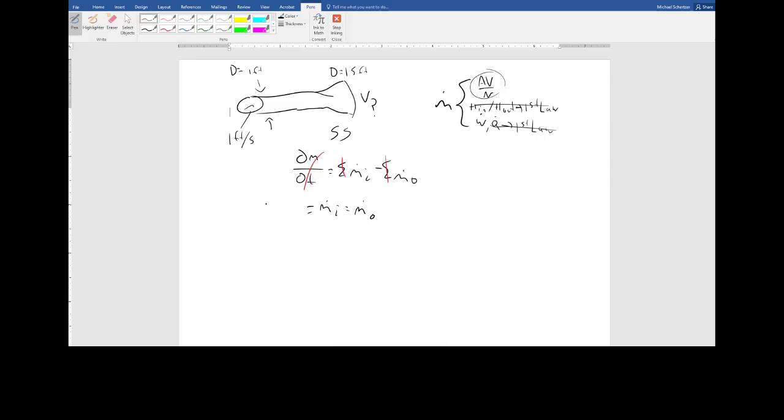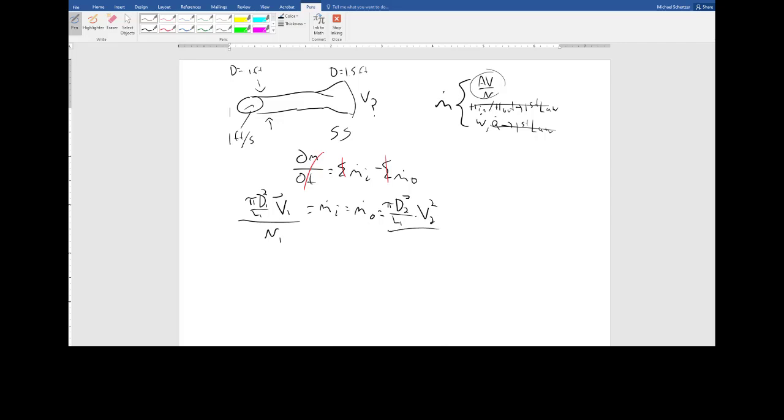So this is pi d squared over 4, d1 squared, times velocity at 1, divided by the specific volume at 1, is equal to pi d2 squared over 4 times